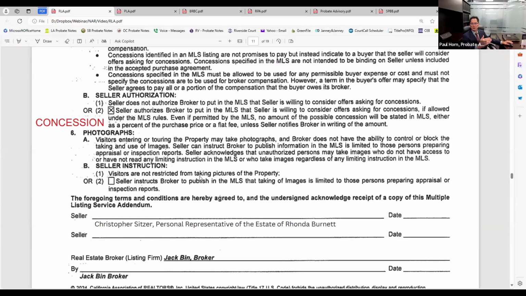I want buyer's agent to show, incentivize. I want to help out the buyer to compensate the buyer's agent. So if you affirmatively X this box right here, seller authorized broker to put in the MLS that seller is willing to consider asking for concession.